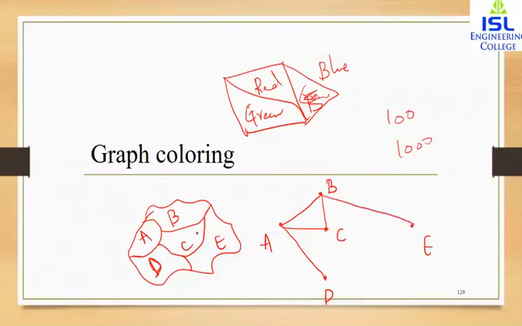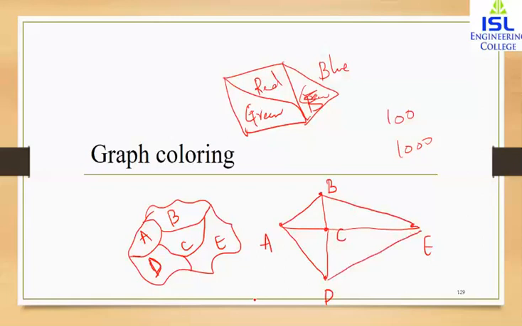Now what about C? C has a common border with D, E and A. To A it is already connected, and to B also. Basically C has a common border with everyone, which is the reason I have placed it in the center. So C is connected to D and C is also connected to E. Now what about D? D is connected to A, E, C. So A is done, C is done, we just have to connect it to E. So this is the dual graph.